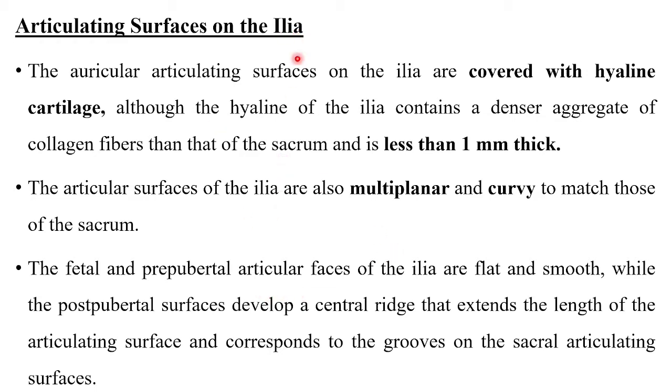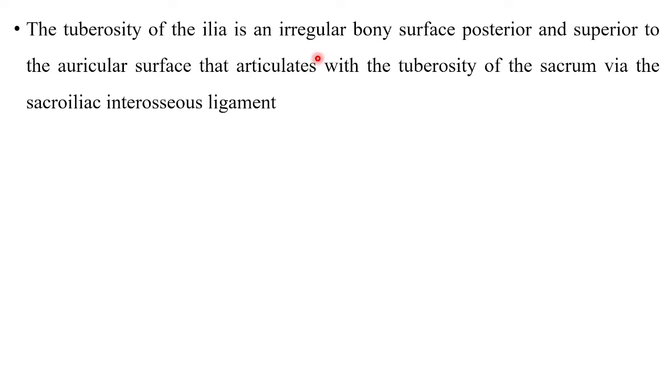So in the prepubertal or fetal stage, it will be flat and smooth, similar to the articular faces of the sacrum. In the post-pubertal stage, it will have a central ridge. The tuberosity of the ilium is an irregular bony surface posterior and superior to the auricular surface that articulates with the tuberosity of the sacrum via the